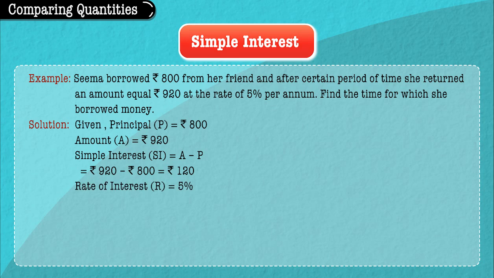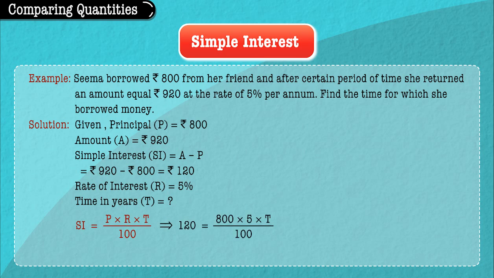Rate of interest, that is R, is equal to 5. Time in years, that is T, is equal to, which we have to find. Formula for calculating simple interest is given by: substitute values and calculate, and we get